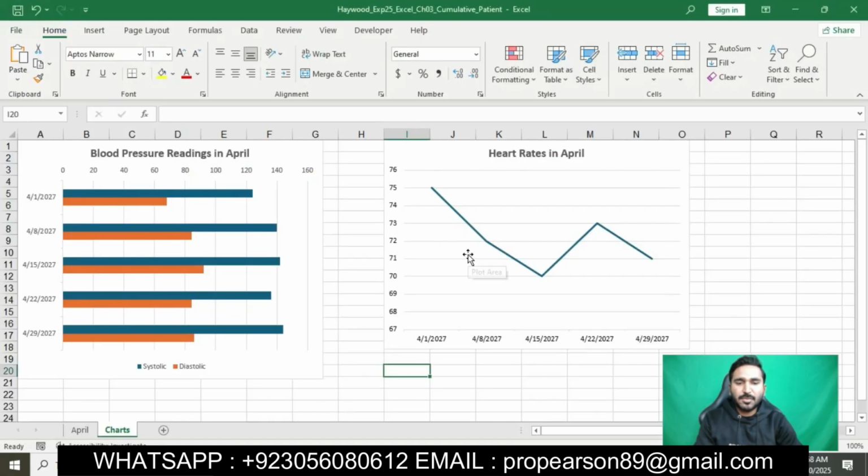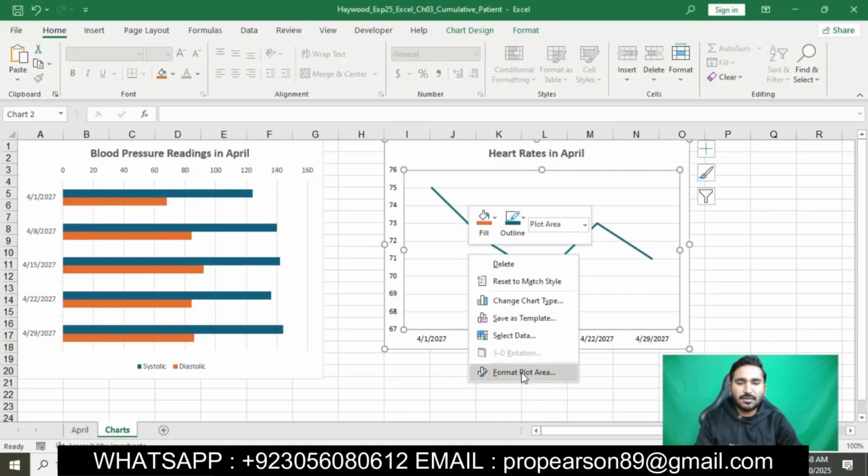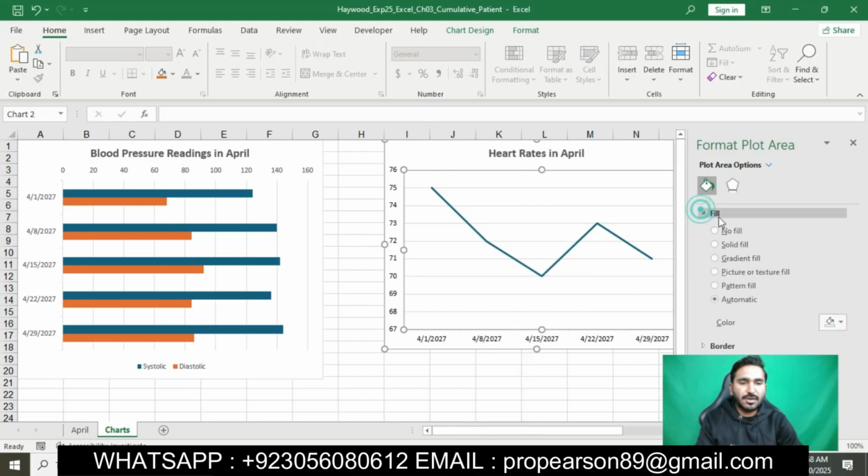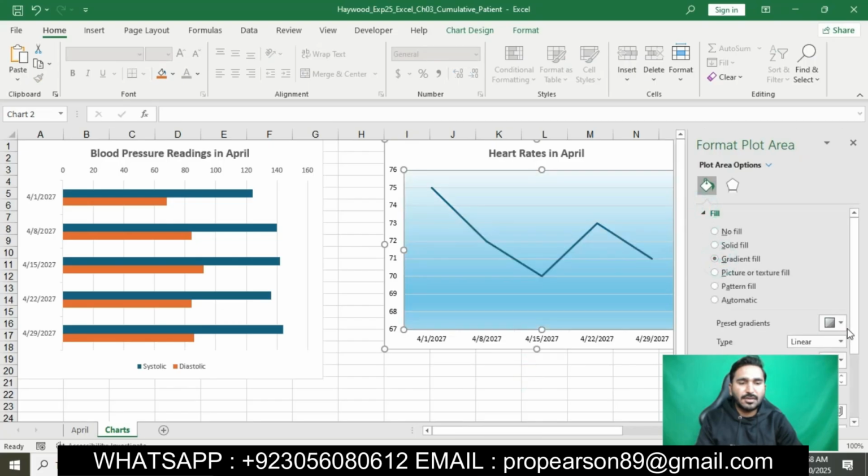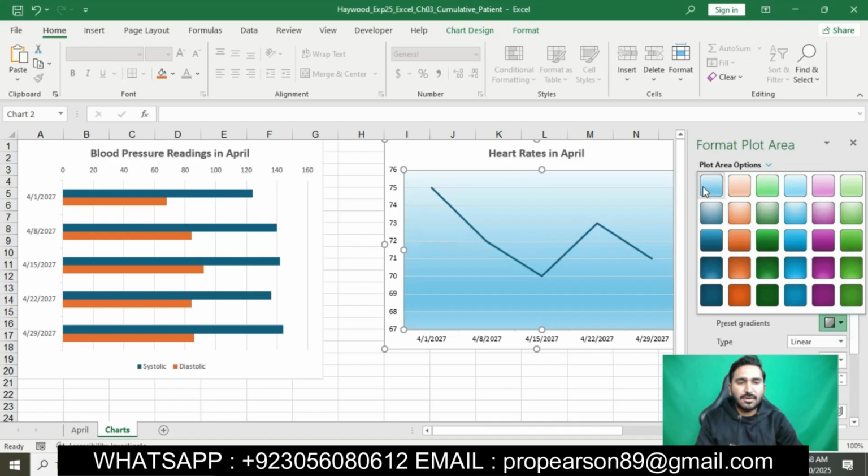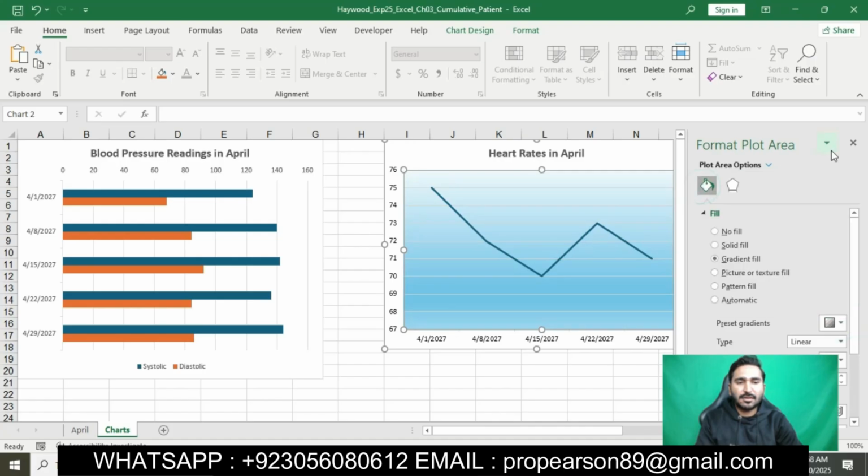We will click on the plot area, right click on this, click on format plot area. We will go to the fill color, click on gradient fill, and then choose the light gradient fill color. You can see here